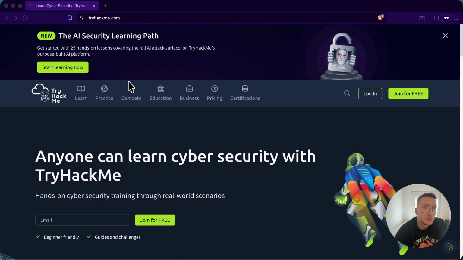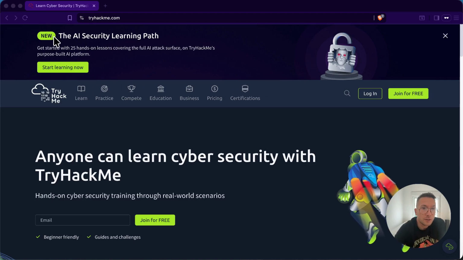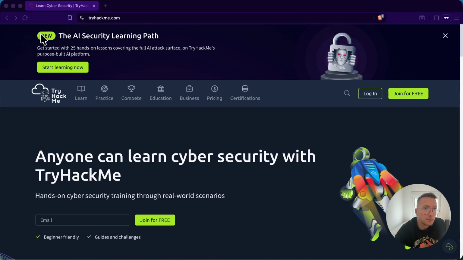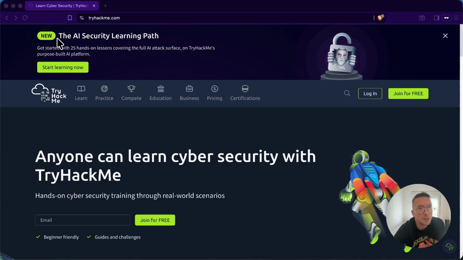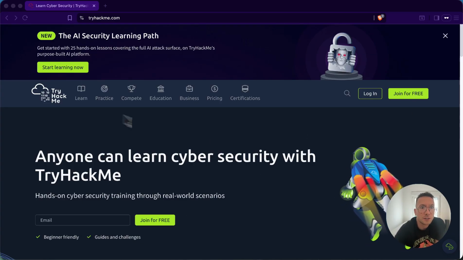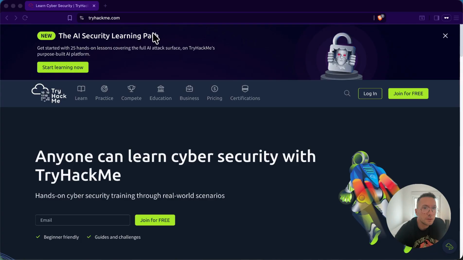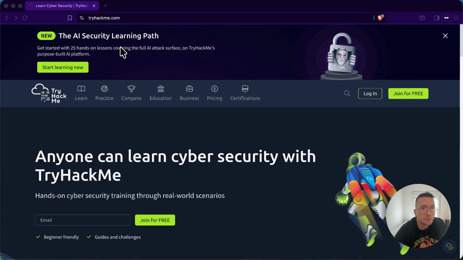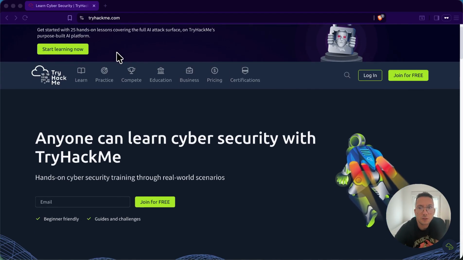So the first thing I see are a couple of things. There is this new thing here, like a chip, and then there is also start learning, call to action here, and then there is also join for free. Okay, so this part here is I think like a banner for the AI security learning path, and then there are also some